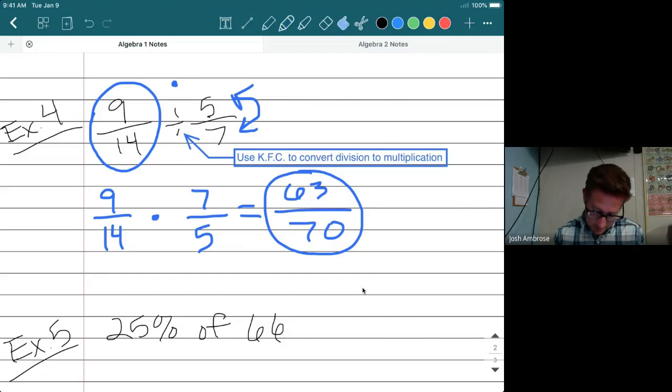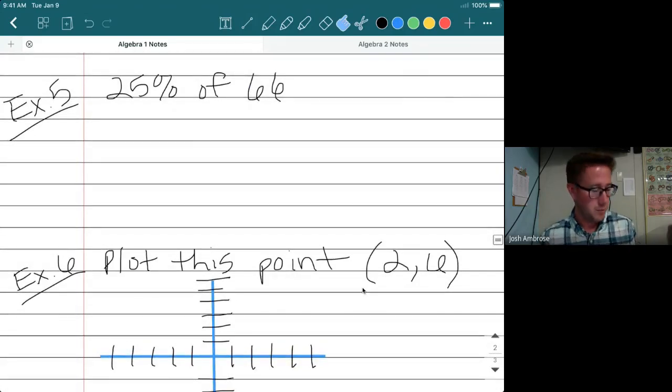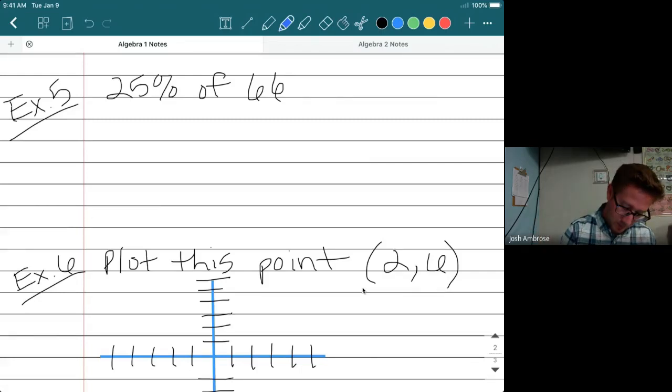All right, let's move down. Last, scratch that, second to last example problem. Example problem 5 here, 25% of 66. All right, so 25%, the first thing I would do is take 25% and convert it to a decimal. All right, so things to remember is that how do we convert a percent back to a decimal? We move the decimal place 2 times to the left. Move the decimal place 2 times to the left. So that's going to make 25% actually look like